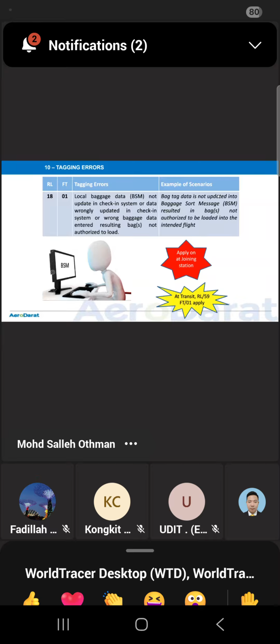Bag tag data is not updated into the baggage sort manager, BSM, resulting in the bag not being authorized to be loaded into the intended flight. So the check-in counter has to update all the tag numbers in the check-in system, which links with the baggage data system. If the check-in counter fails to update, when the bag arrives at that airport and they scan it, it says not authorized to load, because they issued the tag number but failed to update all the data inside the system.